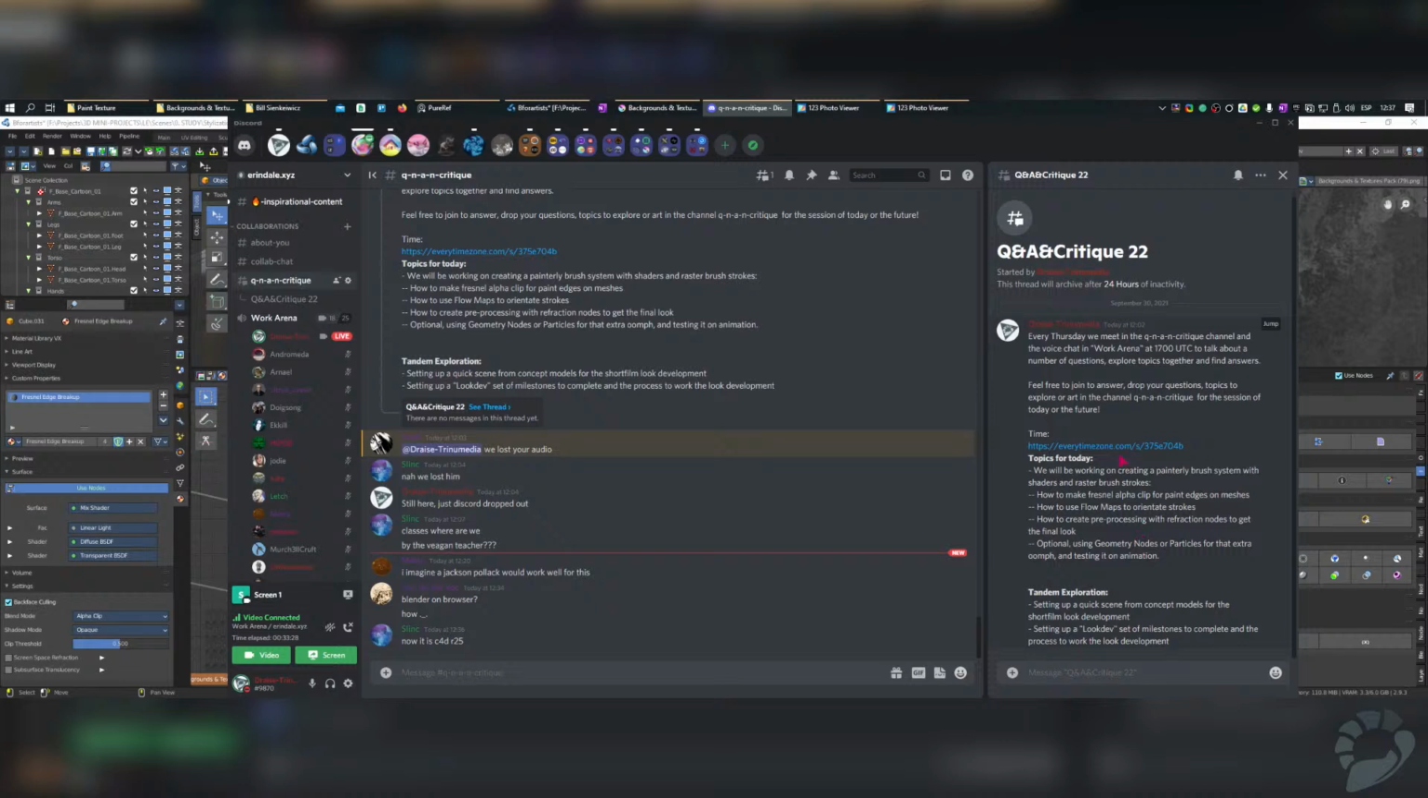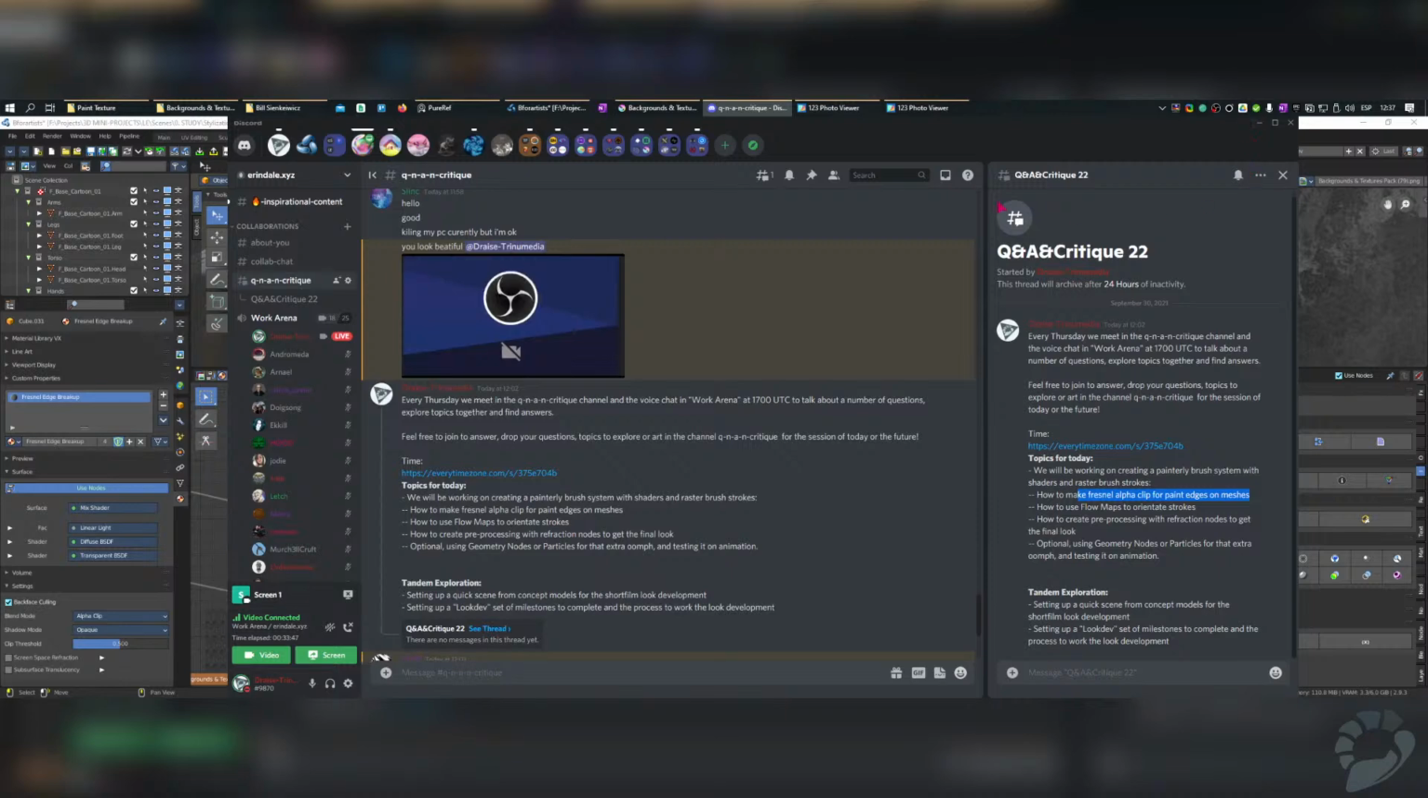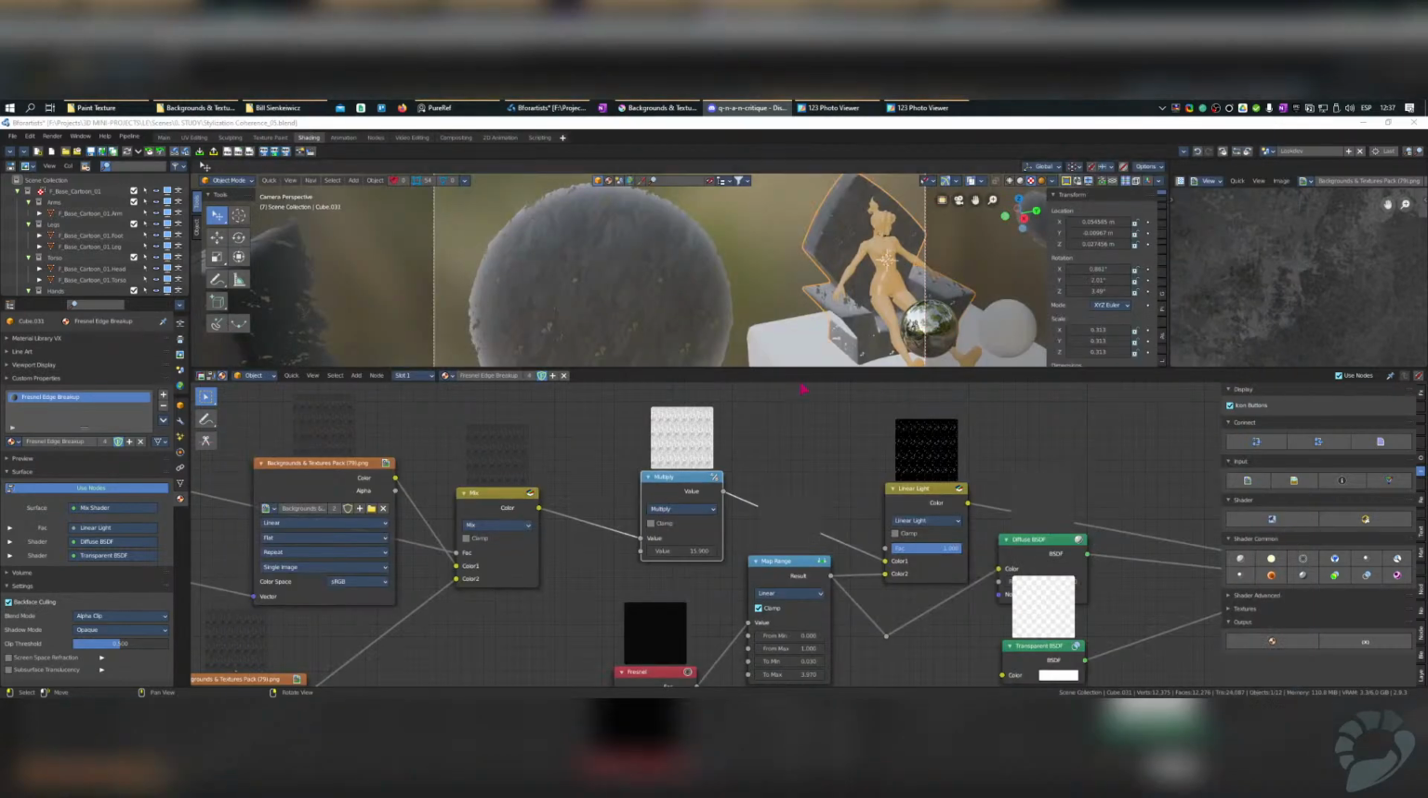Okay, so the next topic that we have is that we use the Fresnel with an alpha clip to paint edges on a mesh using a texture. So now we're going to take a look at painting actual brush strokes using a flow map. So this is something curious because when you look at digital painterly, it often goes into a concept that looks a lot like